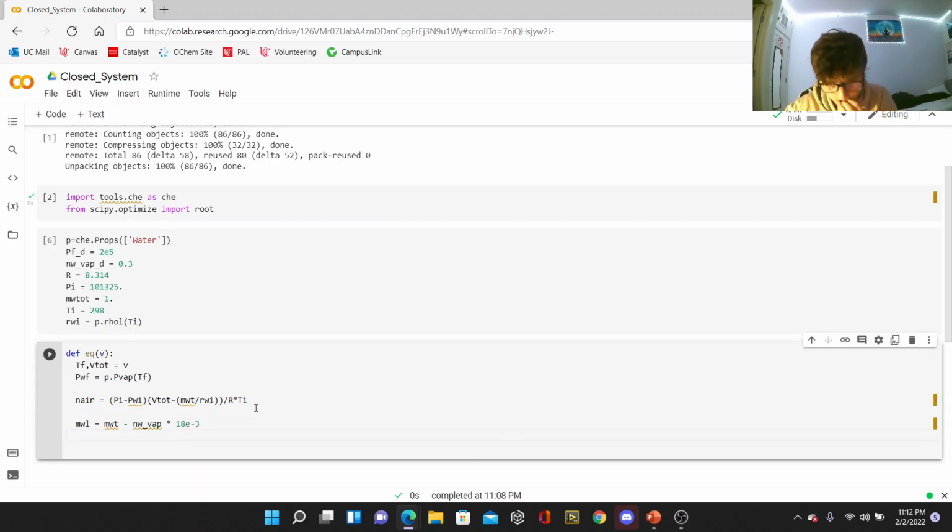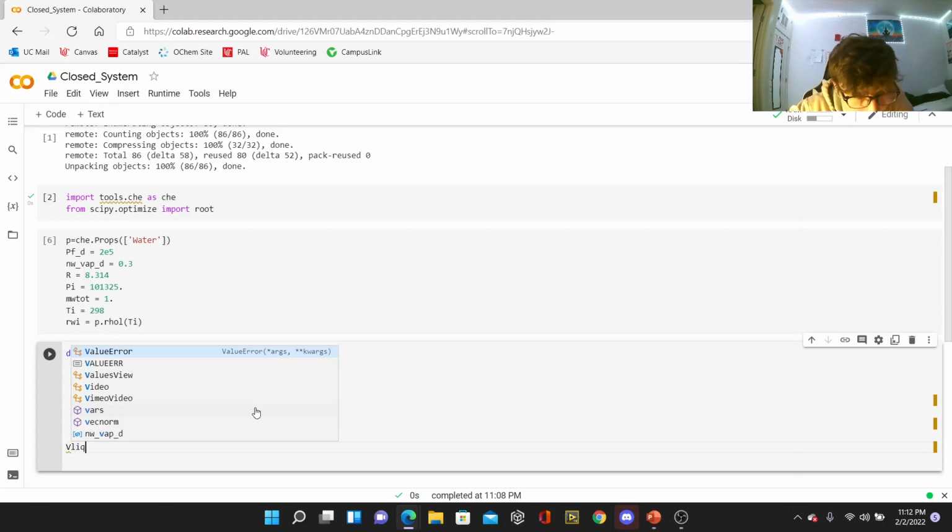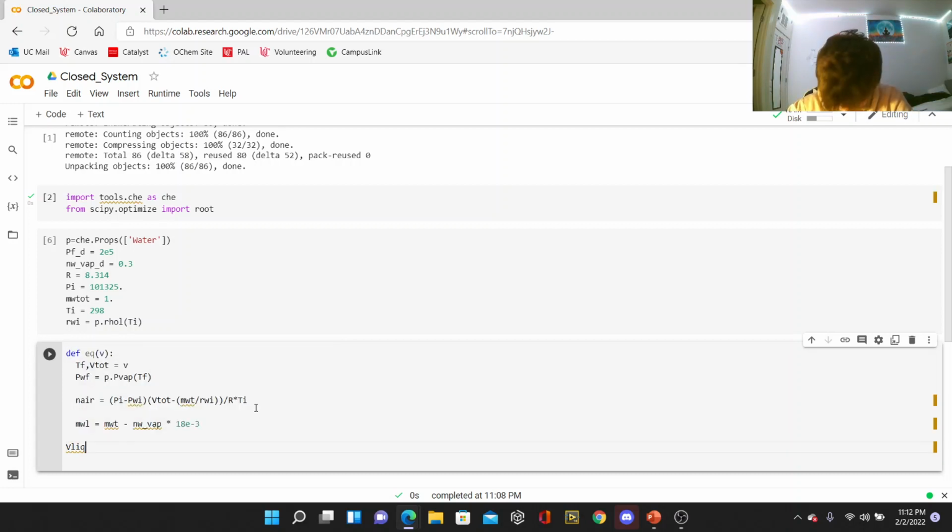I hope that that works. I actually haven't ran this yet, so hopefully this is a successful attempt. Let's keep all those on the same line. Now, next up we have the volume of the liquid water. Just volume of liquid. We're going to have the mass of the liquid water divided by